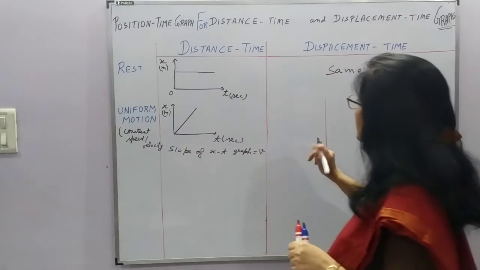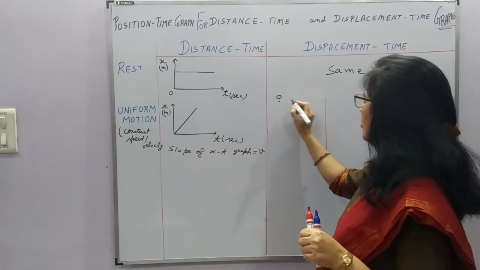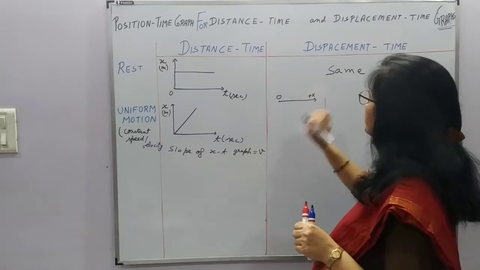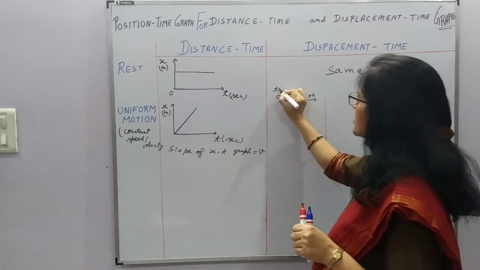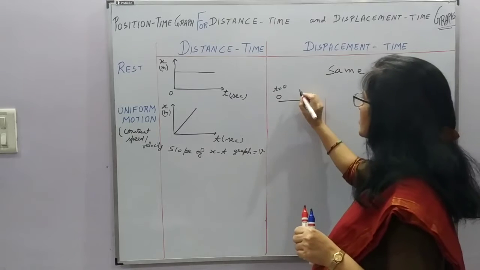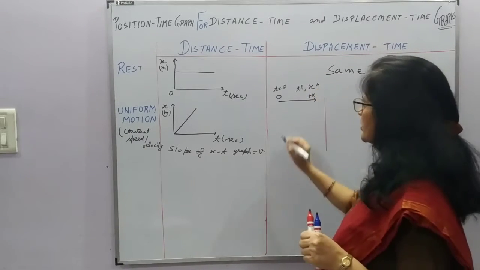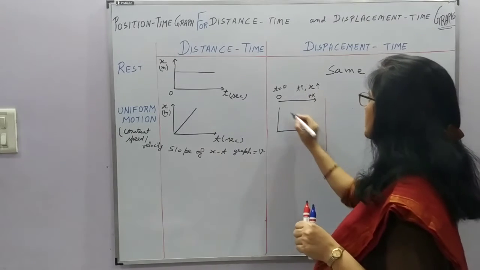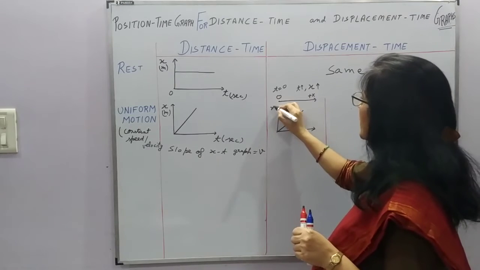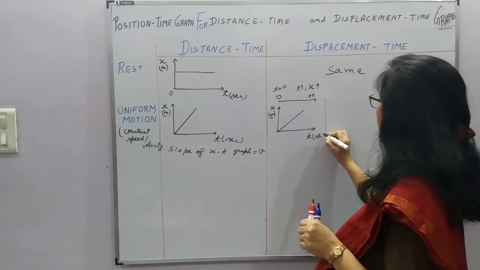Similarly, here in this case, for the case when the object is moving from 0 to plus x direction, right? And here the time is 0, that means when the time is increasing, x is increasing. So time increasing, position is increasing. So this way the graph will be same in this case. This is x in meters and this is time in seconds.